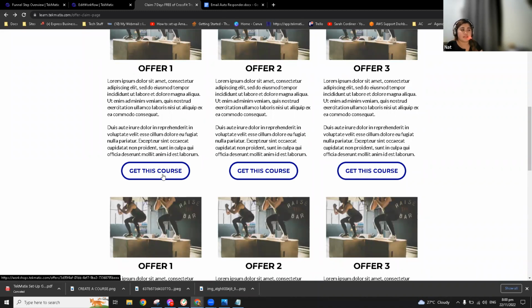So for example, when they click on this one, obviously and automatically they will receive the login details via email, which has their email, their password, and the login link. And let's say, for example, if you want to send follow-up emails, maybe after 5 minutes, you will send them a welcome email. And also by the next day, you will set up a follow-up and you are going to do upsells via emails. This is what you can do.